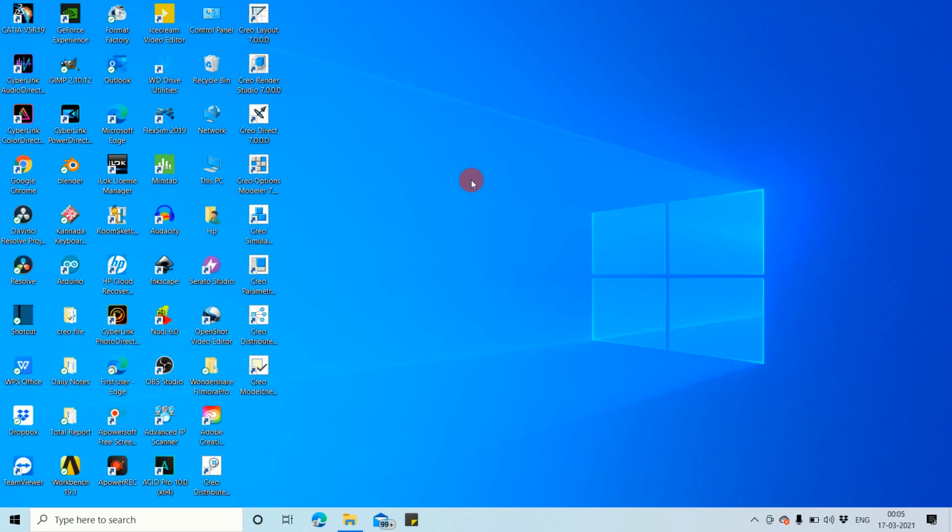Now check that the Catia icon is created on the desktop or not. So here Catia V5R19 is created. So now